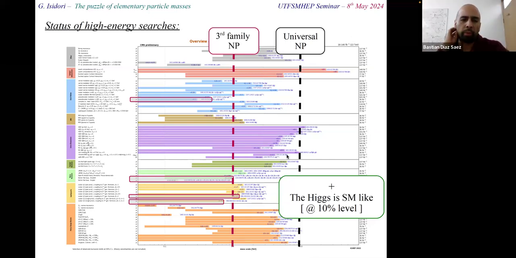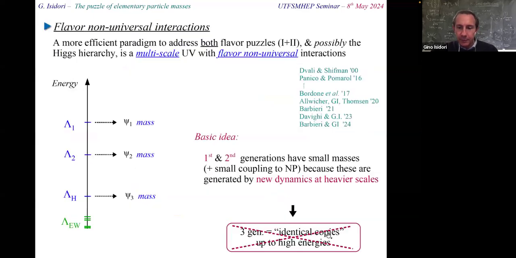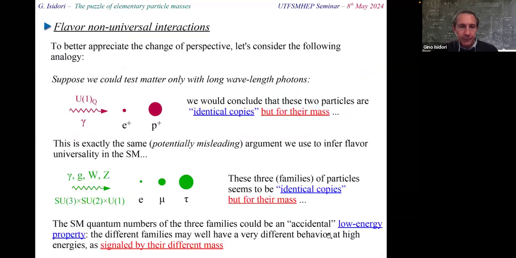And in your opinion, what could be your favorite ideas to have this kind of thing, like the new physics coupling mostly to the third family of fermions? Just your feeling, what could be the best competitive models? Well, I think some models of this type where